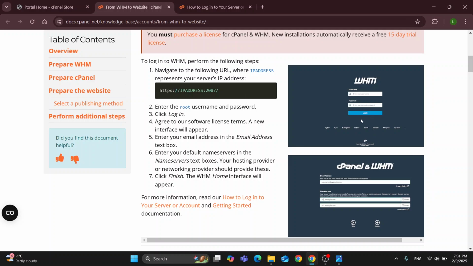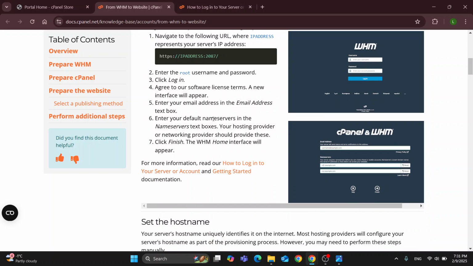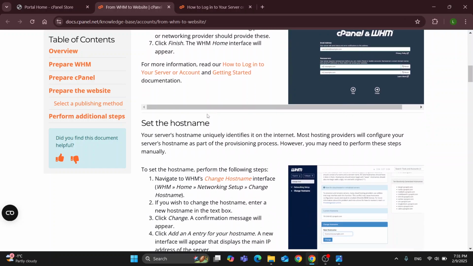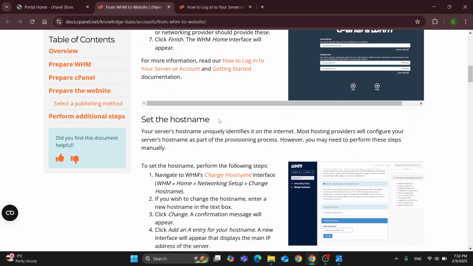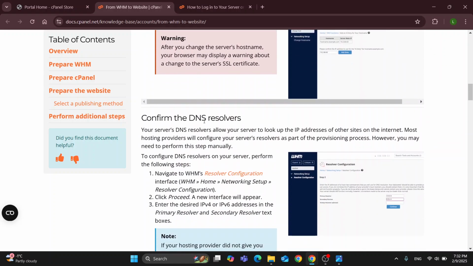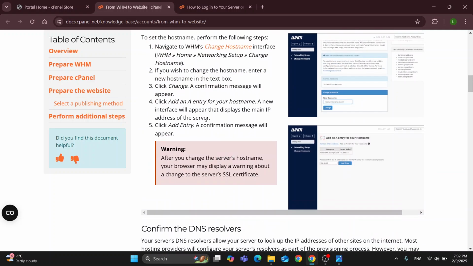So from this interface right here, you're going to go ahead and have the option to create a new account if you don't have one, and if you do have one, you can just log in. So then you can enter in your username and password and log in and get started with accessing VHM. From then, you can go ahead and follow all the steps that you can find right here in this article on how to get started setting up your hostname, your DNS resolvers, and everything that you need to set up